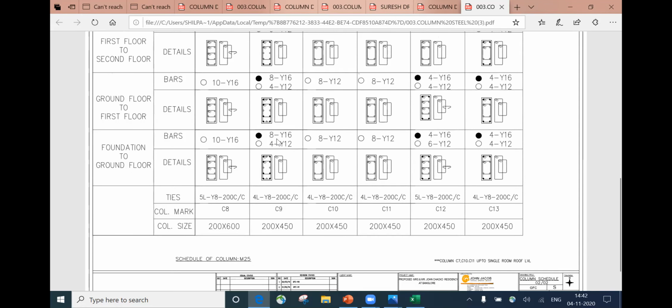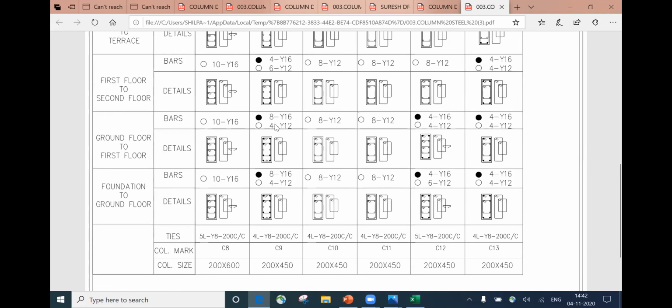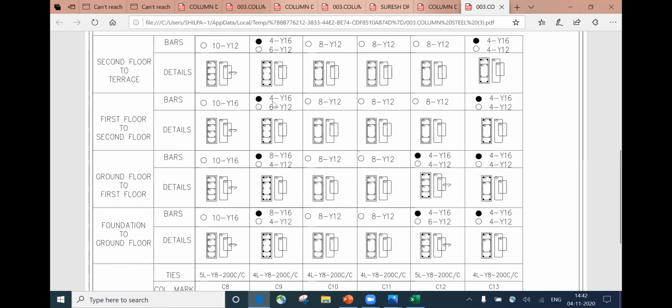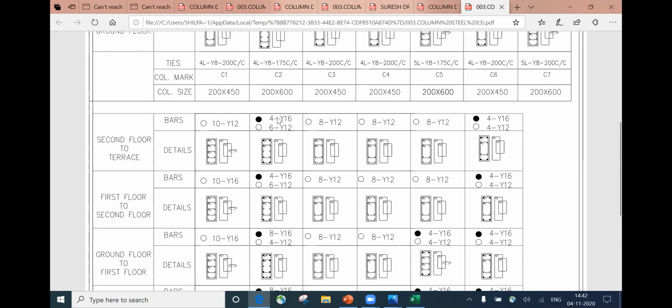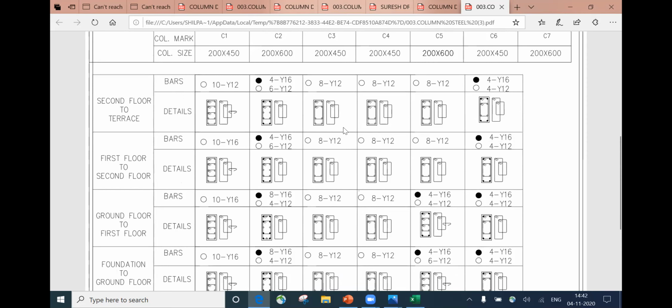Look at this, right from the bottom, 8 plus 4 is 12 bars they are providing. Again 8 plus 4, 12. 6 plus 4 is 10 they are providing. Here they have reduced the number of bars because they feel like in the second floor the load coming is a little less. That is fine. Again they have provided 4 and 6, I mean, 10 bars. So this is how we do the column design. We understood how we do the column designing, and we understood how to read the column drawings.